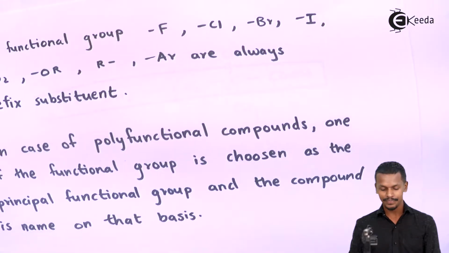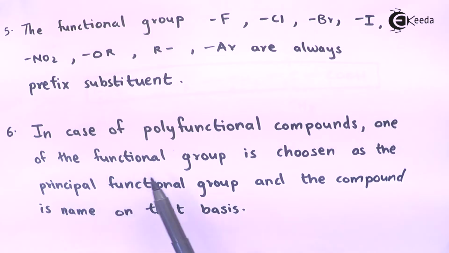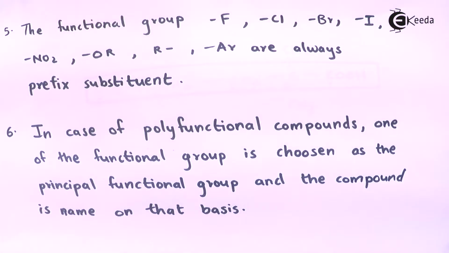And the next point is, suppose in case of polyfunctional compounds, one of the functional groups is chosen as the principal functional group, and the compound is named on that basis. So this is what I wanted to explain. Suppose polyfunctional groups are present, meaning more than two functional groups are present in the same organic compound. Which one should be selected, and based on that we will give a particular name to the organic compound. We are going to discuss this, but just for an example,